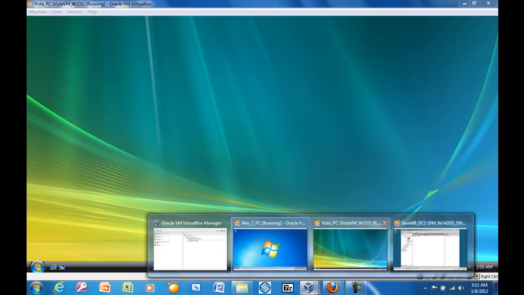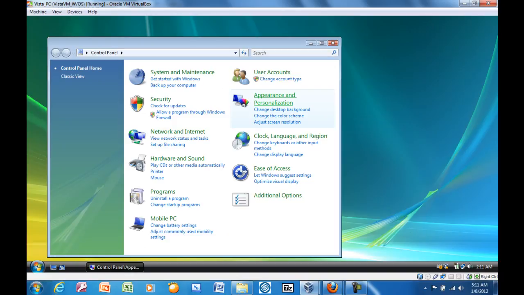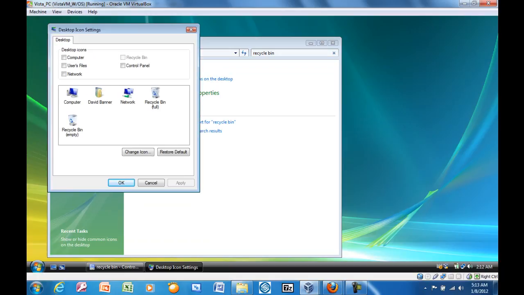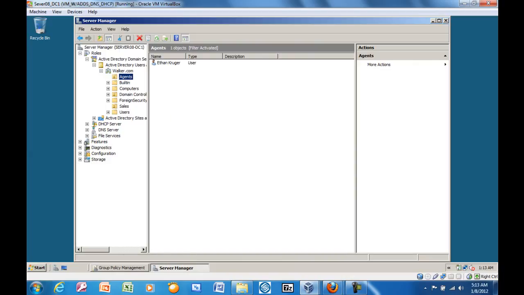Also, going back to David Banner, if we go to appearance and personalization, and I select personalization, if I go to the desktop icon setting, I can't select this particular option. So let's go back to the server. That's because of the group policy that was applied to the sales organizational unit. David Banner does not have the recycle bin on his desktop, as opposed to the agents organizational unit, where Ethan Kruger doesn't have the GPO recycle bin policy applicable to his organizational unit,